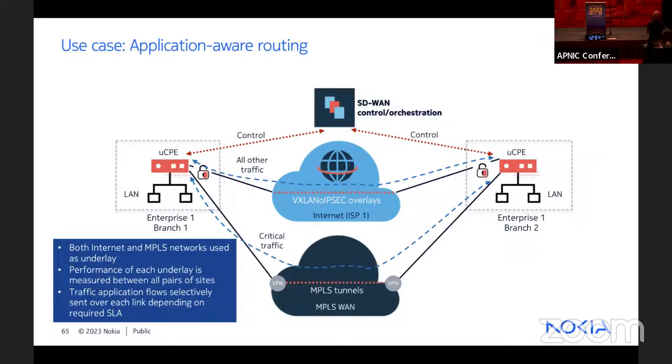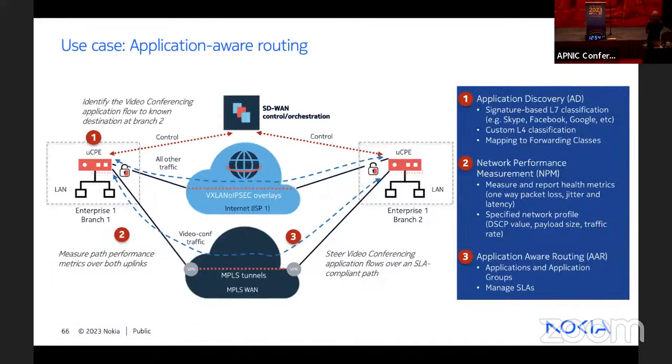So let's just say you've got, actually, I've got another. Okay, this example has two UCPs. There is an internet underlay. There's an MPLS underlay. Now, what you want to do is send your video conferencing traffic to branch 2 over this link here. Now, for whatever reason, this video conferencing link is very important to you. I mean, obviously, you've got to control things like latency and so on. So you set a policy that says,